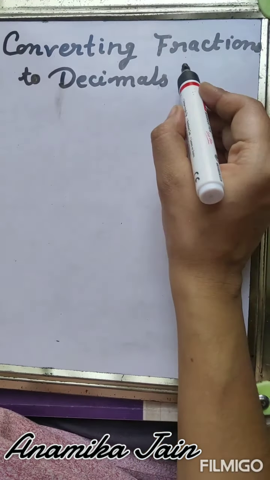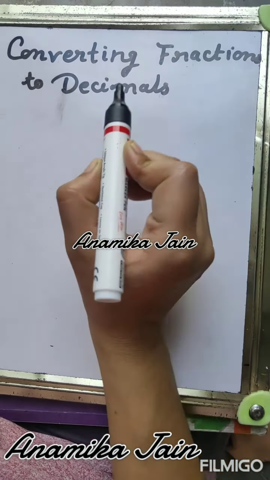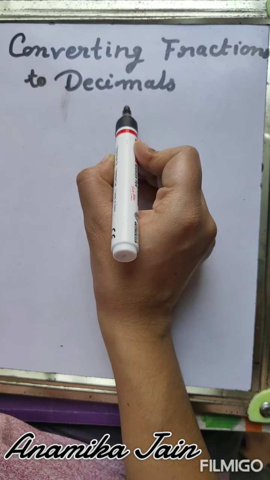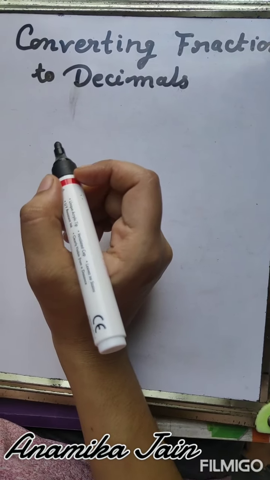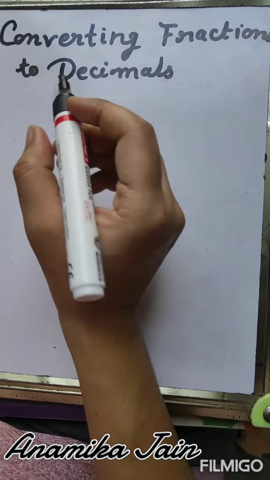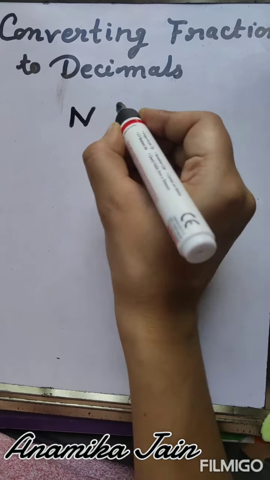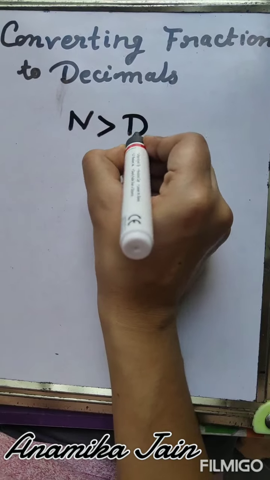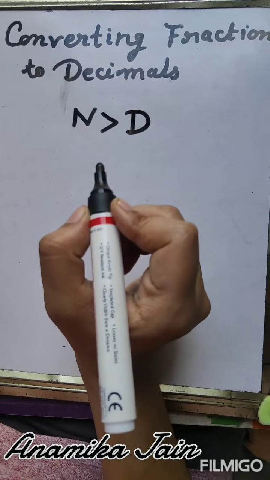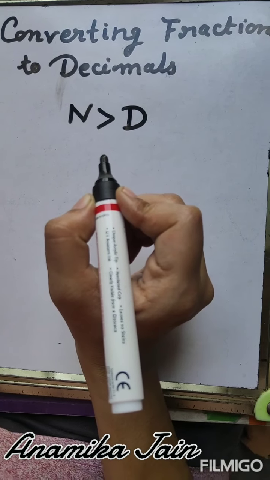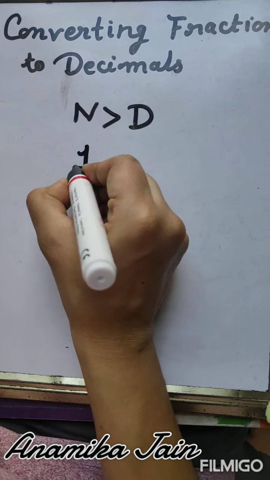Fractions are numbers which have a numerator and a denominator. And what is a decimal? A number which has a decimal point. Now there are some cases we have to see first. First, check whether the numerator is greater than the denominator or the numerator is smaller than the denominator. I am taking an example here,